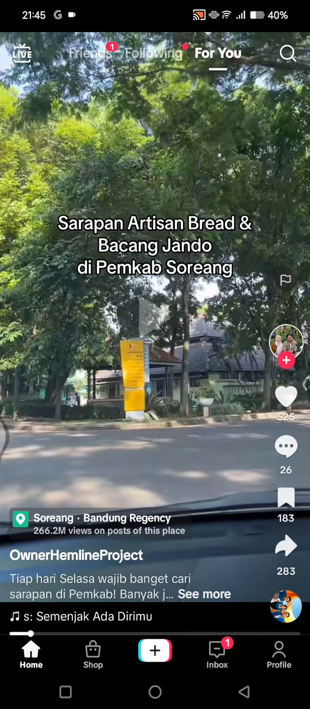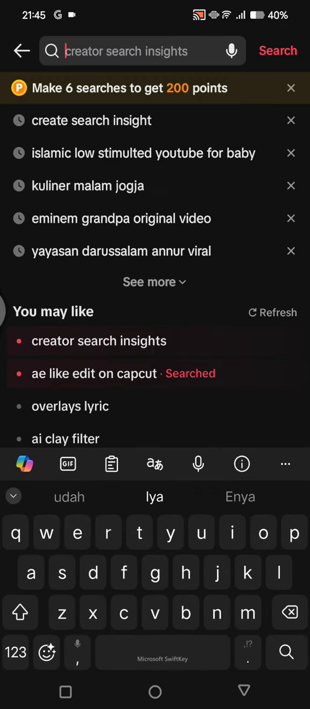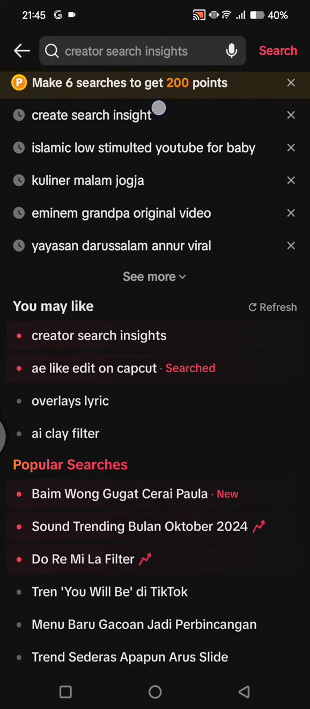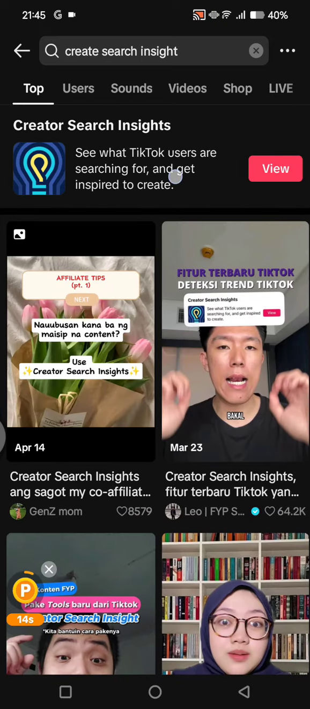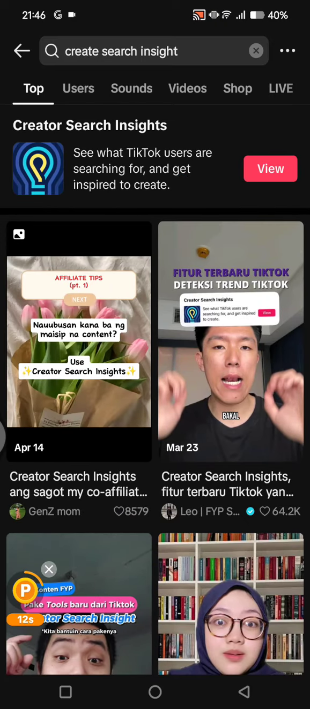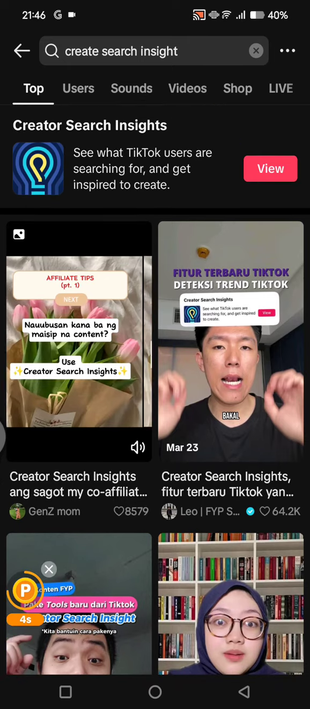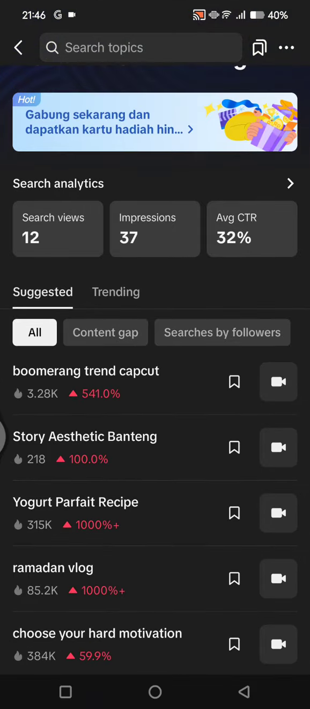First, you can open your TikTok app, and then you can click on the search column at the top right here. And then you can find this Creator Search Insights as the keyword, and you'll find this tool by TikTok. So by using the Creator Search Insights, you can see what TikTok users are searching for and get inspired to create a new video. So you can just click on view, and as you guys can see here,